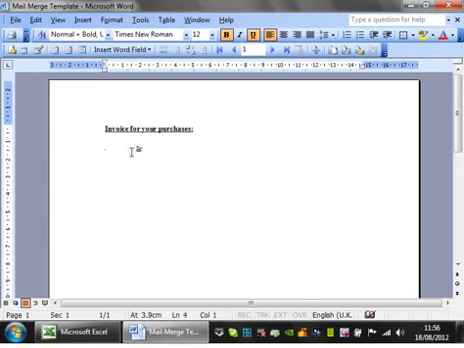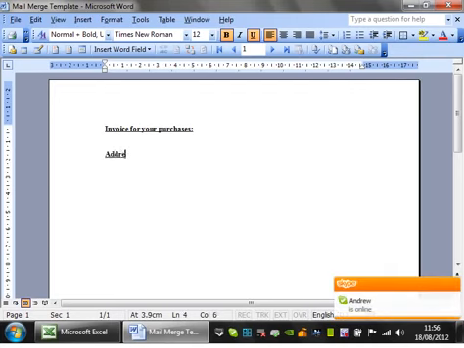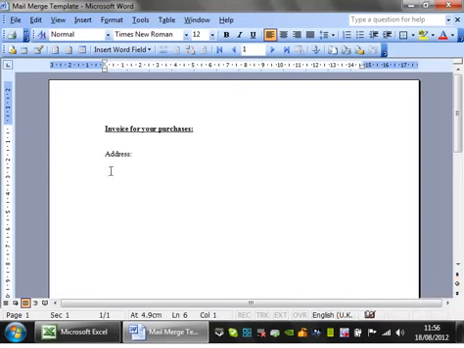So here we're going to have address. And I don't want this to be underlined or bold. So what we want this to be is person's name and then their address. But we don't want to just write in the addresses because we want it to create a new document for each person. So if you go to insert,